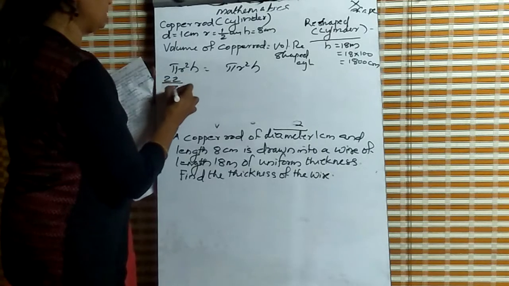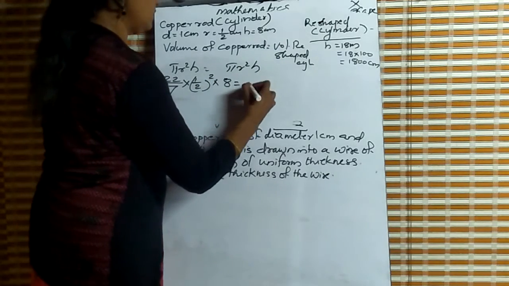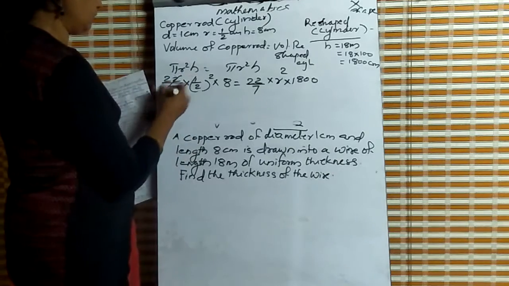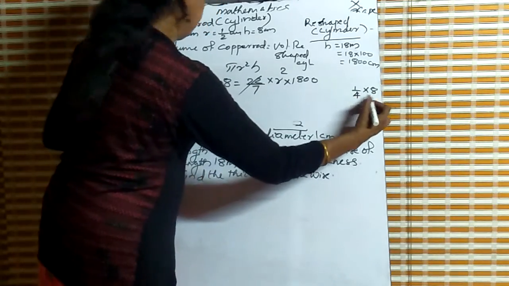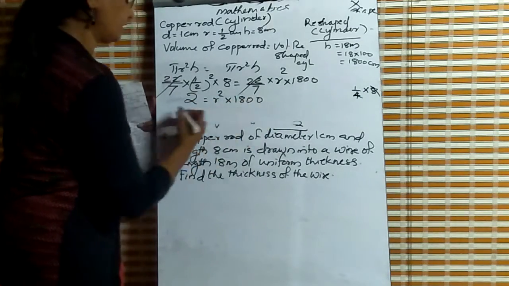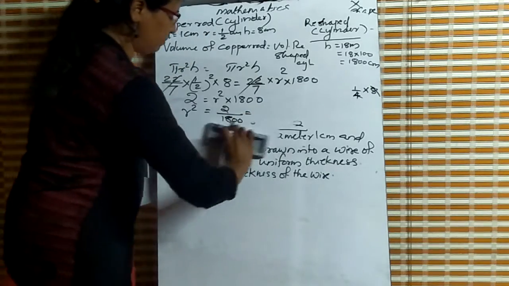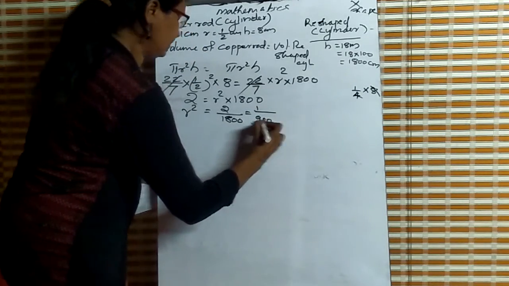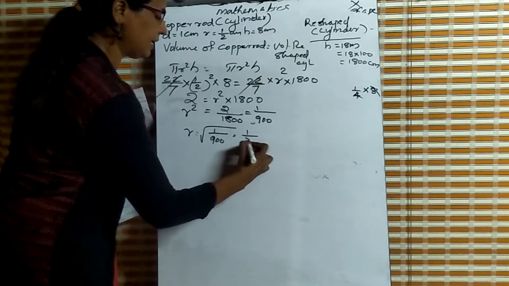Pi 22 by 7 into r, in the first case 1 by 2, whole square, into h, 8, is equal to the second case, 22 by 7 into r square into h, 1800. 22 by 7 cancelled. 1 by 2 whole square is 1 by 4, into 8 is 8 by 4, that is 2, equal to r square into 1800. r square is equal to 2 divided by 1800, which is 1 divided by 900. r is equal to square root of 1 by 900, which is 1 by 30